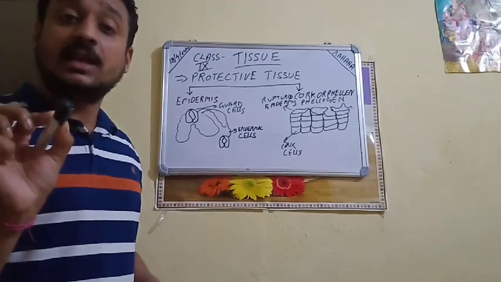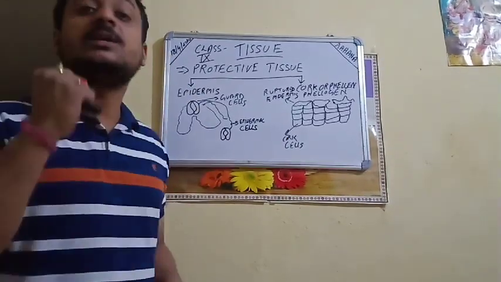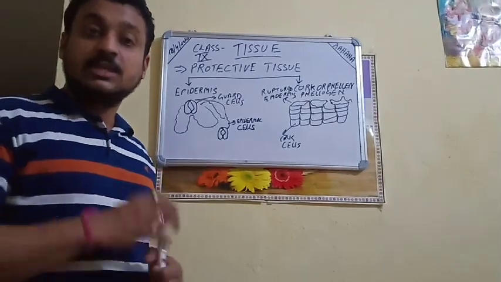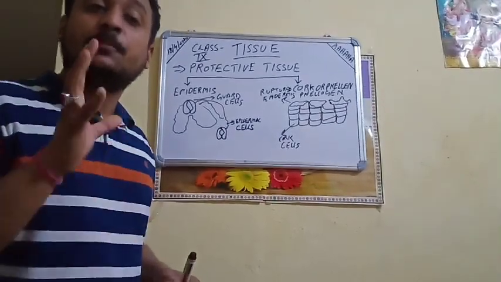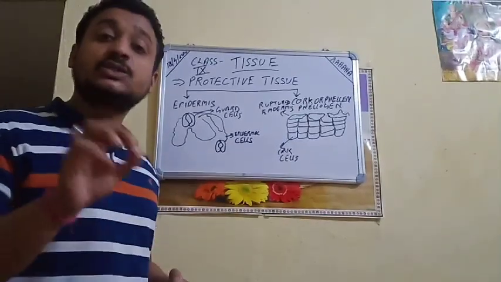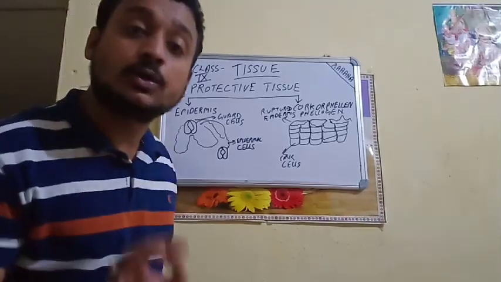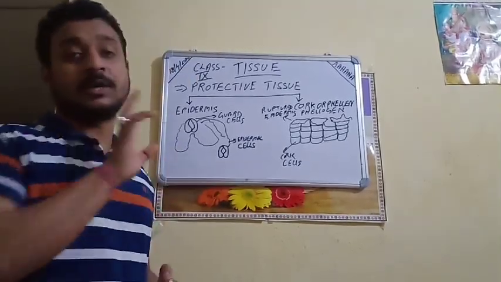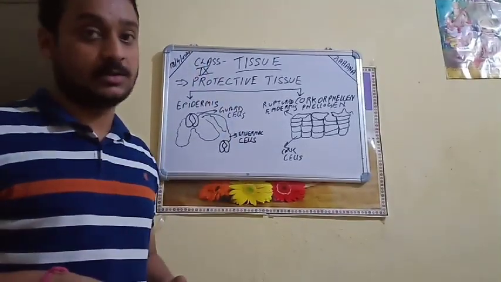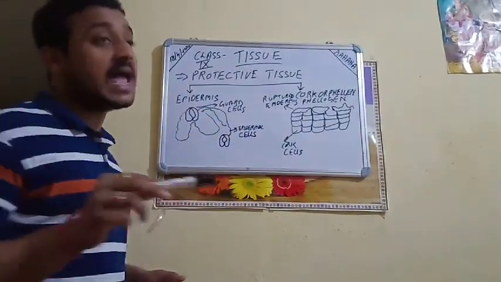The presence of the epidermal cells makes the epidermis very tough. This epidermis is quite tough. It protects the plant from any kind of mechanical injury as well as from predators and any kind of microbial infection. It protects the plant since it is the outer covering of the plant. We should not forget that.